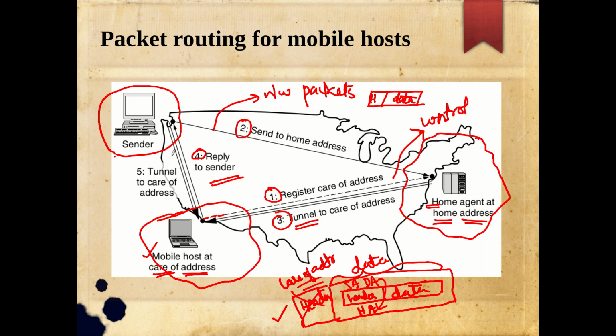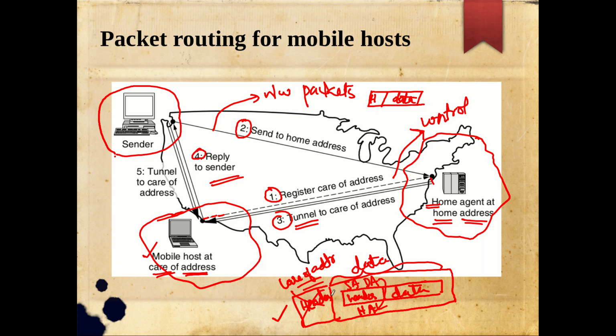As soon as the sender gets the new care of address, it will again prepare information for the further communication. Initially it goes through the home agent, and it comes over to the mobile host. As soon as the mobile host replies, the sender will understand the care of address of the mobile host. Now the sender can directly communicate with the mobile host, with no need to go through the home agent. So when it tries to communicate directly, again it will compose that particular IP packet, and that will be